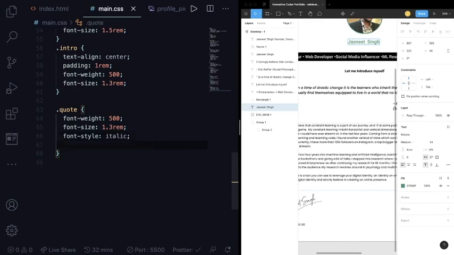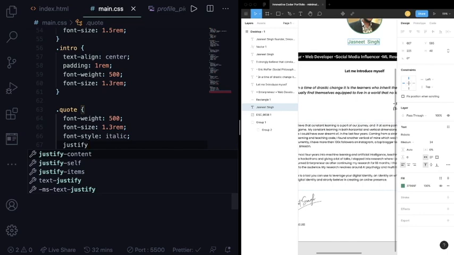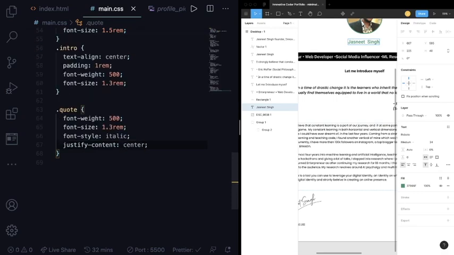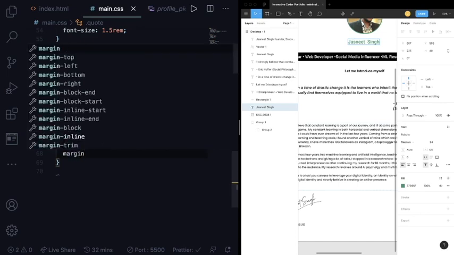We are having a font style. Now we need to justify it. As you can see, my code is actually justified. So what we'll do is justify it according to center. Okay, so justified according to center, and then of course because we have a lot of margin on either the